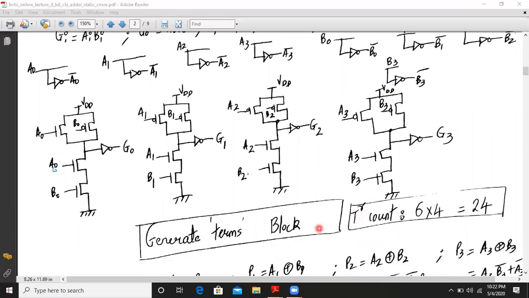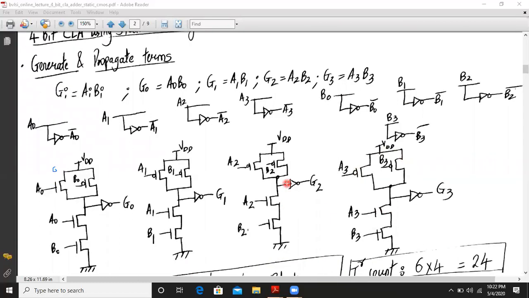So the total transistor count for all the generate term blocks is 6 into 4, that is 24 transistors. We have 4 blocks over here: G0, G1, G2, and G3. So we have a total transistor count of 24.